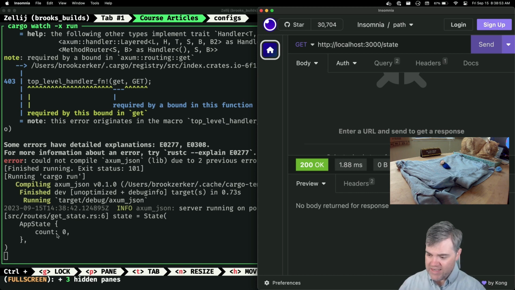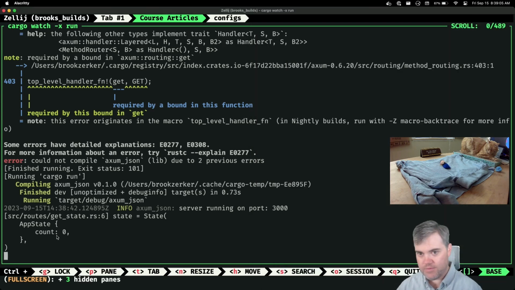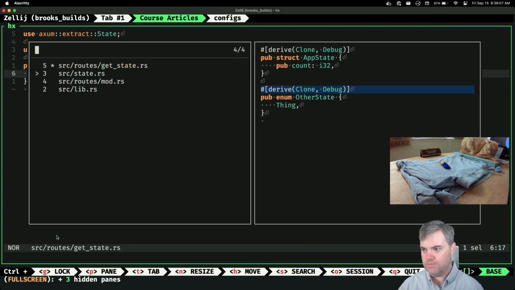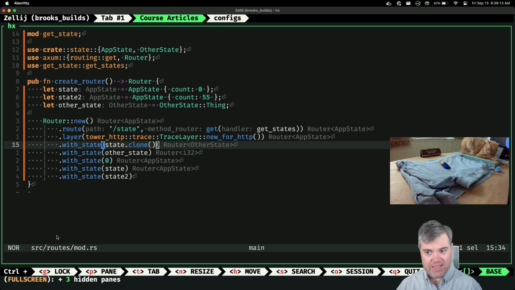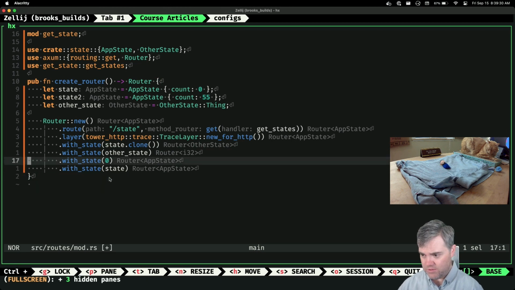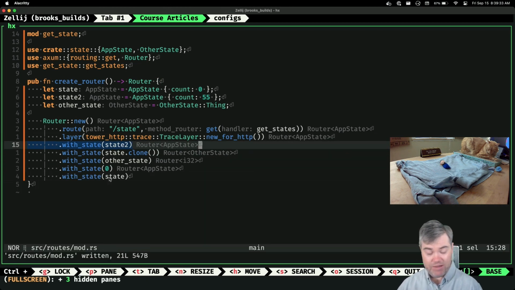Okay, so we get that count 0. The count 0 was the first one. So this state right here, that's the count 0 one. We also have state that's also count 0, but then state 2 is also an app state, and that was count 55. So if I move state 2 up here, I bet that we're going to get 55 out of that.